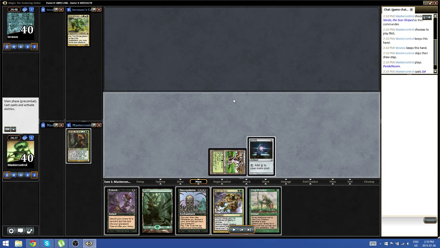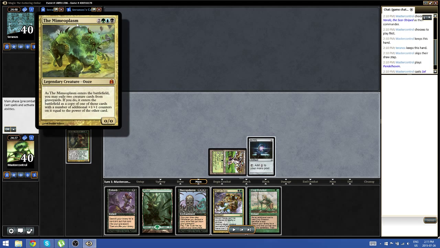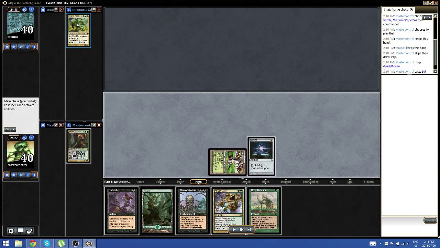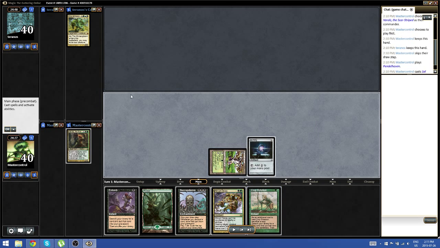I had Soul Ring. Soul Ring, of course, is a great card and broken in the format. However, with Varolz, it doesn't have the sort of punch that it would have with Mimeoplasm or Krenko or Grand Arbiter. I also didn't have immediate access to black. Of course, I have Crop Rotation, which can get Bajuka Bog, or a black source, but it's a little slower. I would have liked to use Crop Rotation in this game, for example, for Bajuka Bog, but we'll see how